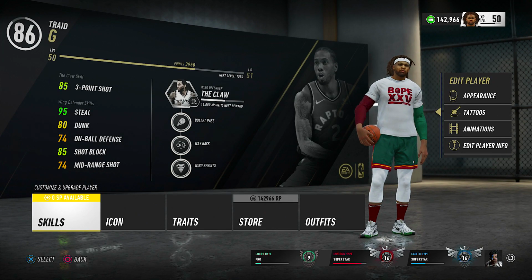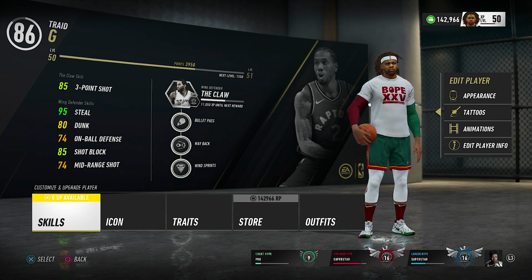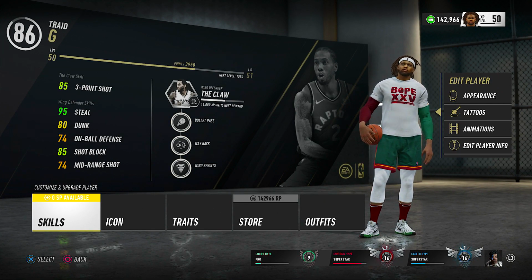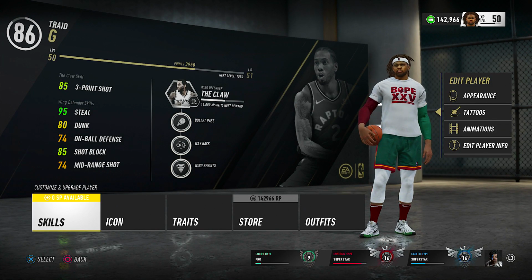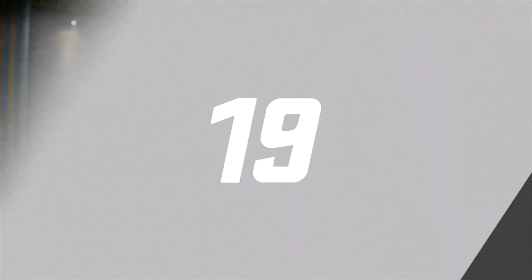But what I did is I had my Scottie Pippen build, and I'm like, you know what? Let me try Kawhi because I can do 3-point shooting, which the Pippen build is cool, but I basically went with this build for the 3-point shooting. So I basically did max height, and I want to say it's not max weight, but he's probably somewhere around the